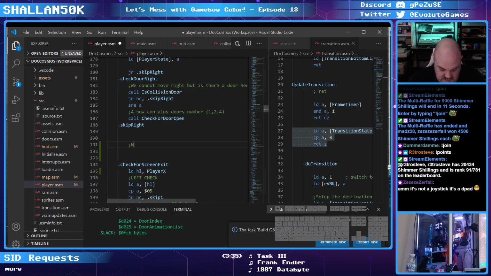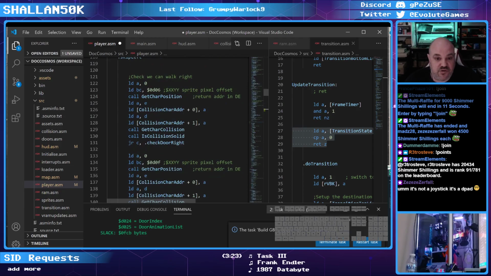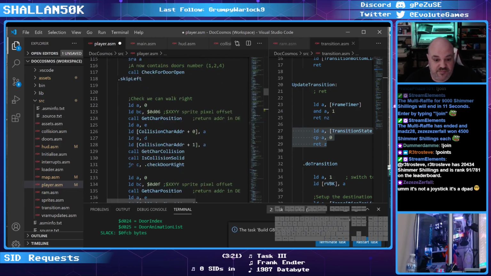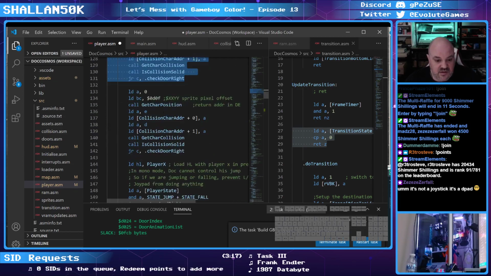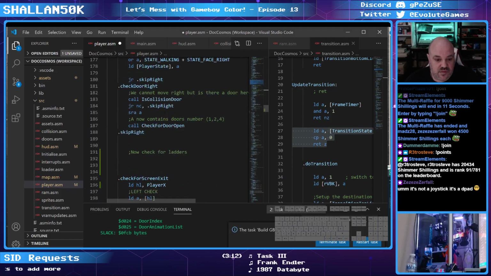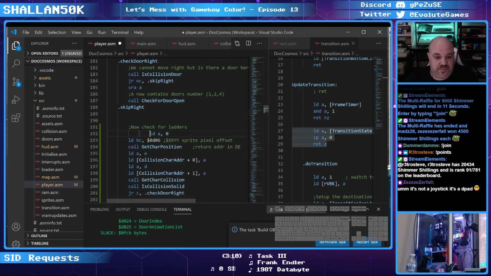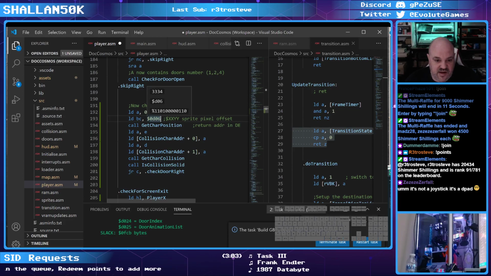First of all, we need to check if we're actually stood on a ladder or not. So we'll do that by using our collision routines here. So I'm just going to copy this routine from here. Okay, so we are getting the char at this position, and the position we want to get the character at is going to be